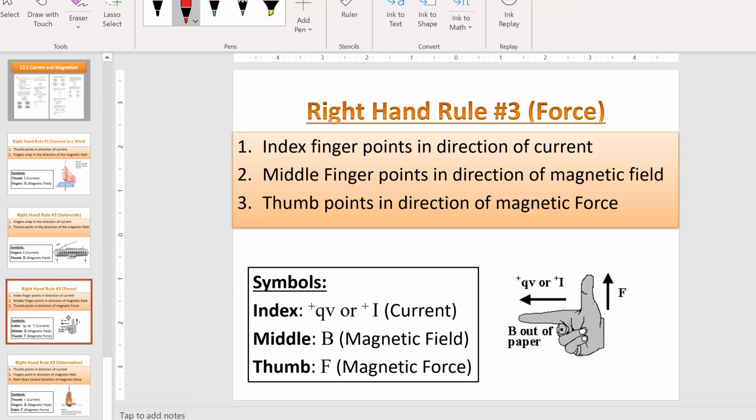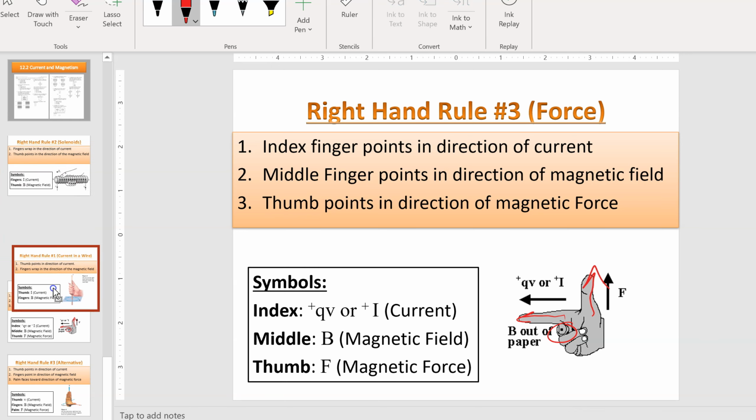So your middle finger is pointing in the direction of this pre-existing magnetic field. So towards the end of the activity, you'll see there's a pre-existing magnetic field, and then there's an additional current, so there's some kind of current somewhere. So you put your middle finger in the direction of the magnetic field, your index finger points in the direction of this new current, and then your thumb will point in the direction of a force that's going to be